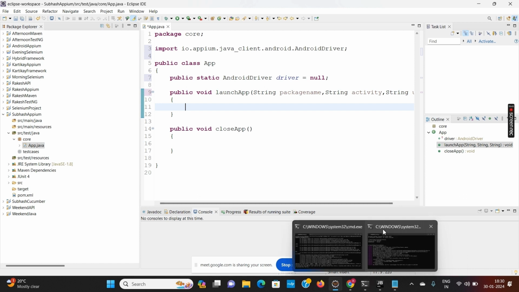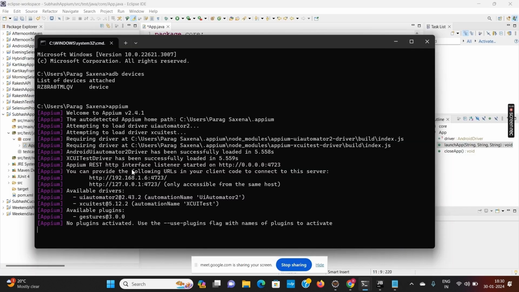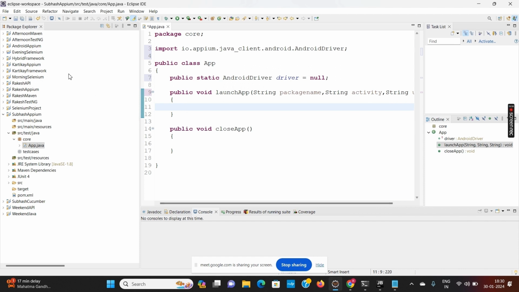And then I have added this driver, UI Automator 2. This is a driver which we have added. So this UI Automator 2 driver has a class, which I will copy from my previous example.